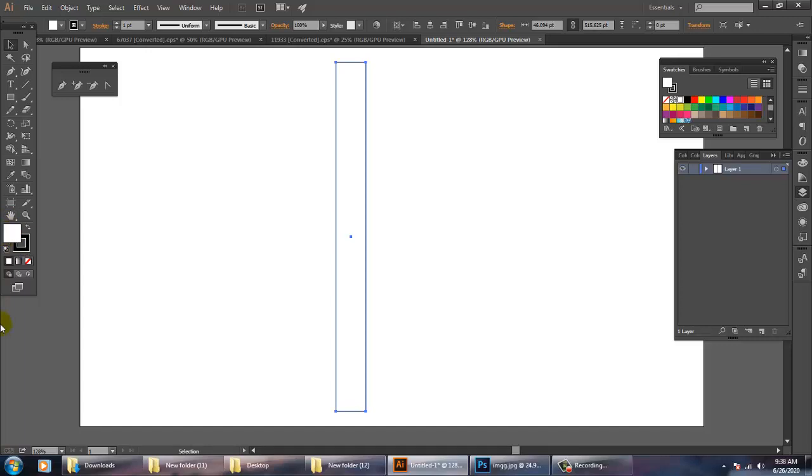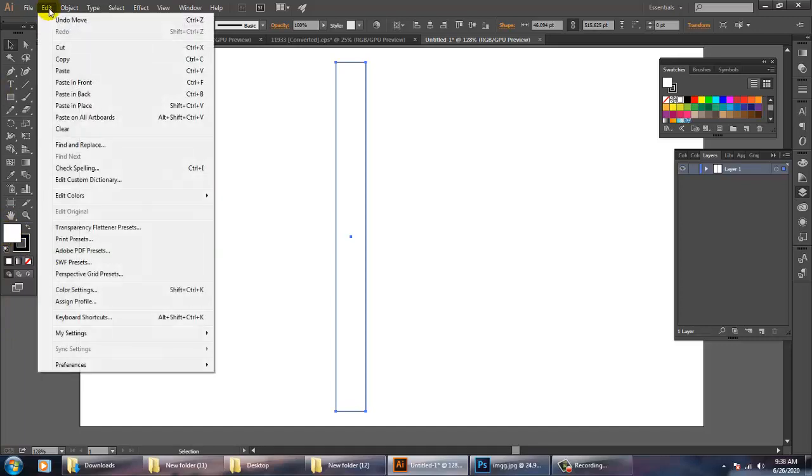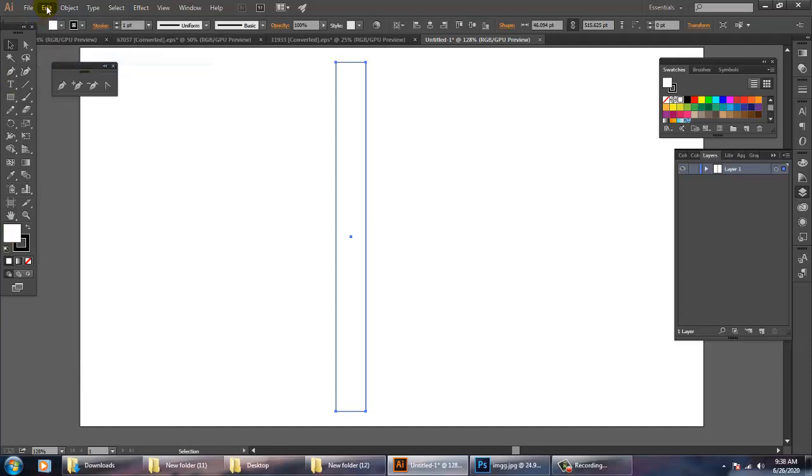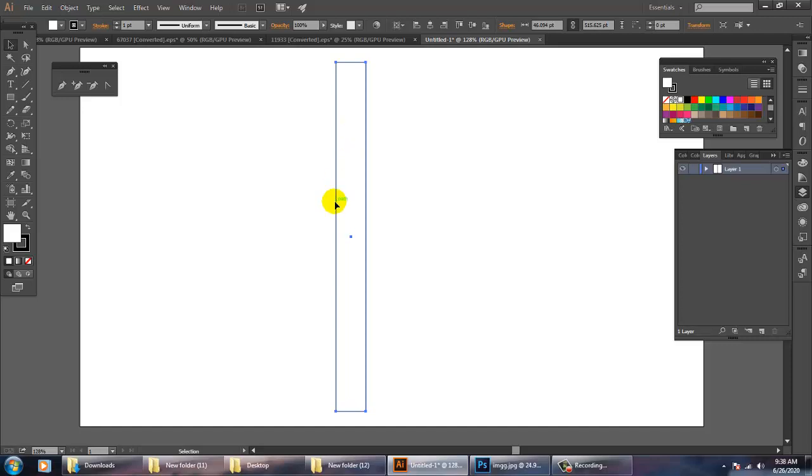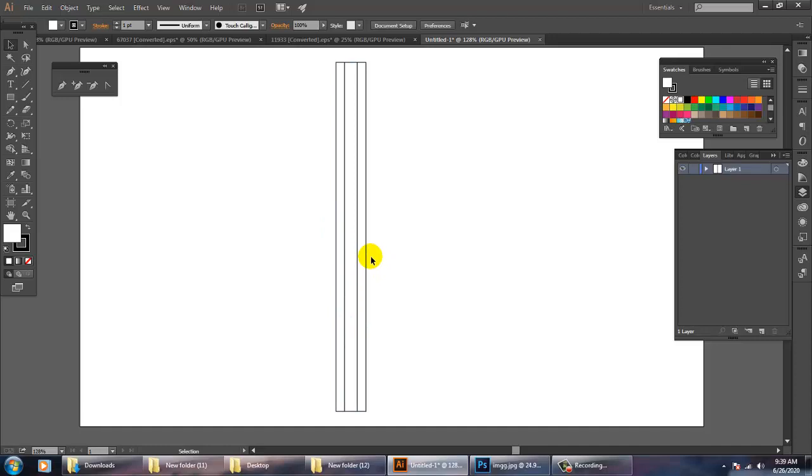Now I'm going to edit, copy, edit, paste in place. So just paste it in place. Let's click on this free transform tool and let's scale this. As you can see over here, there are two different rectangles now.